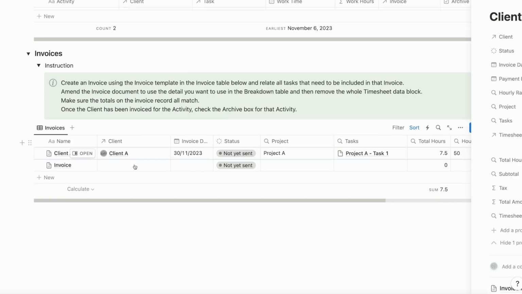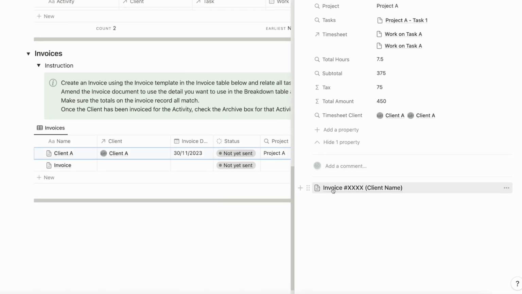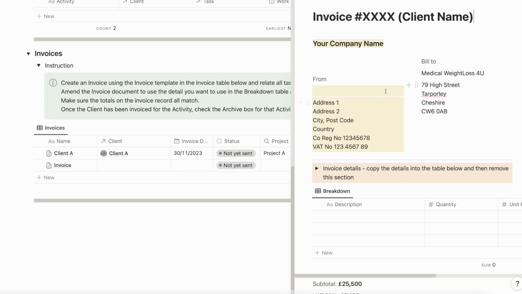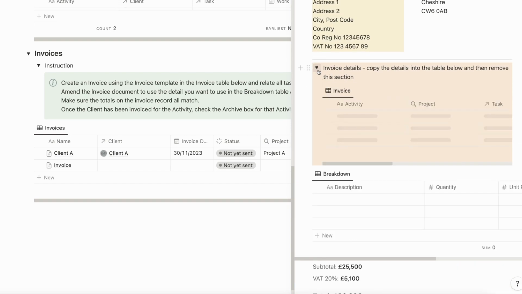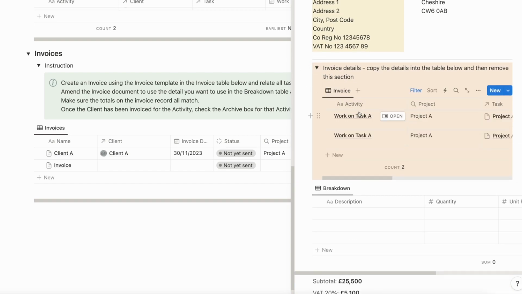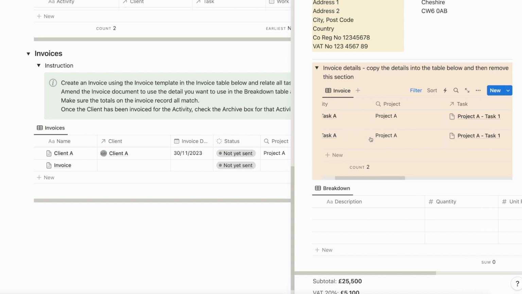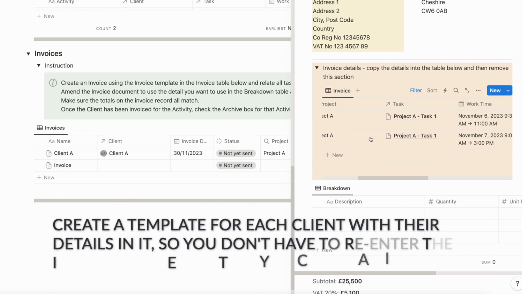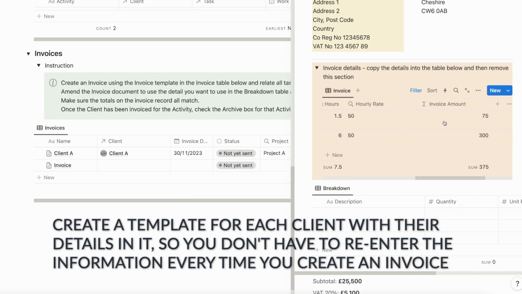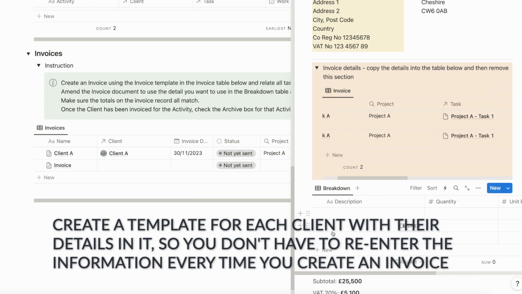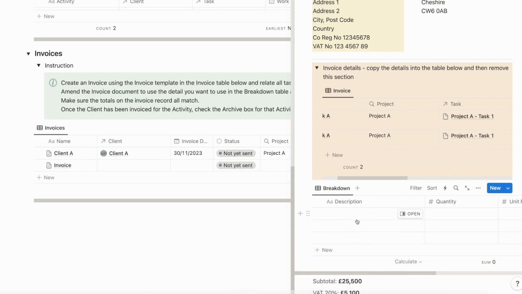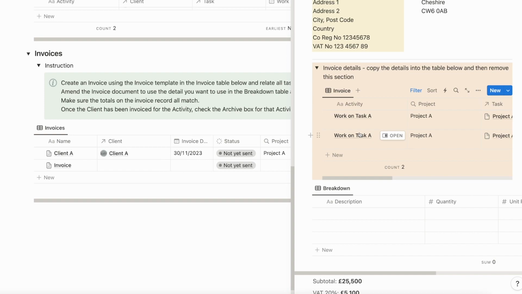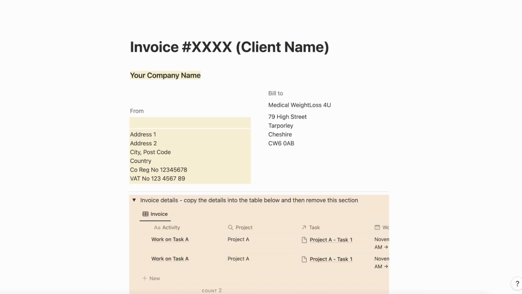If we now open up this, it's created an invoice page, which if it's got the details that you've set up in your template, then it will already pre-populate it with the information for that client. And it gives you the details and times from the timesheet, of which you can then manually put into this breakdown. And the reason why I say that is if, let's open this up to a full page,